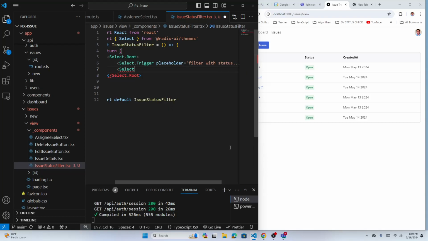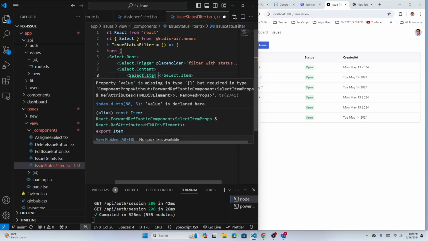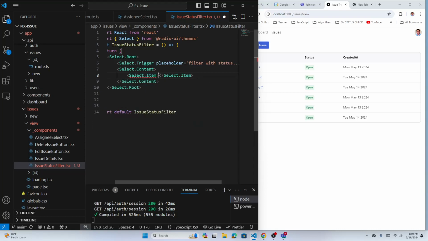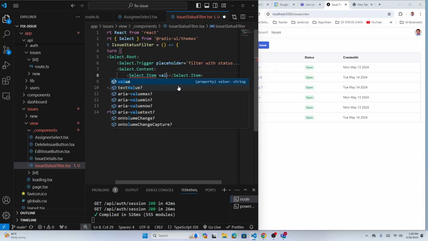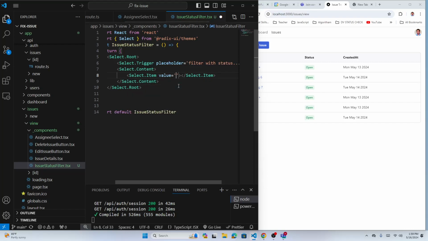Okay, so the option will be select dot, I think, content. Content, and then you're gonna add the item right here. Select dot item. So let's call it first, maybe select that item. What is this? So yeah, the value is missing. We have to give the value here, property called value. So let's give it maybe filter with open. If something is open, okay. So I can call it open,